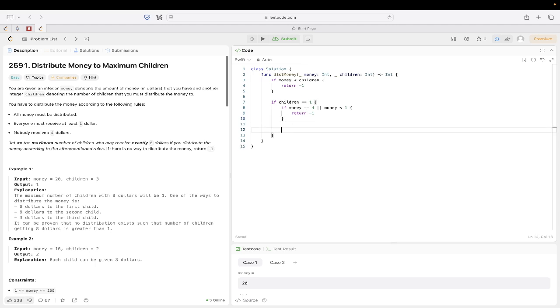And then if money is equal to 8, return 1, else we return 0. Right? So if we only have one child,